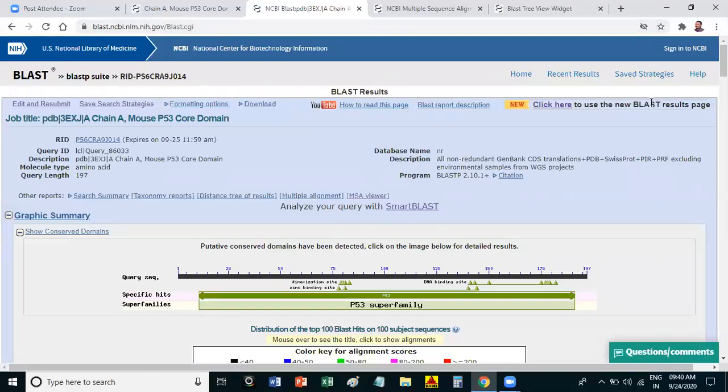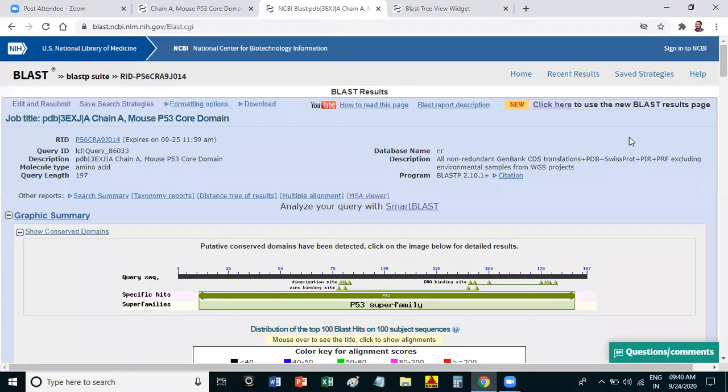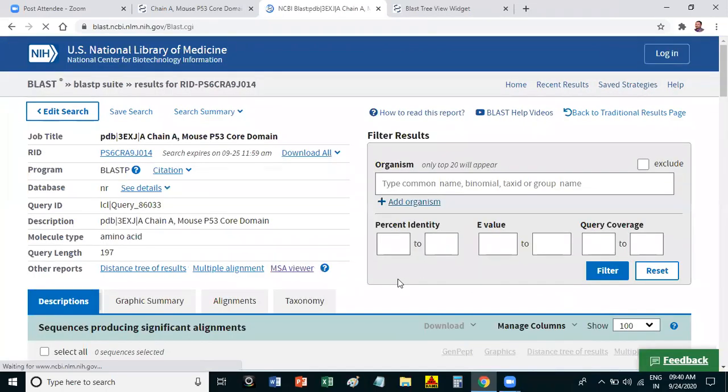In the traditional page also you can find the distance tree of results. I think it may help you in future for generating your distance tree. So this is about your protein BLAST and different distance trees.